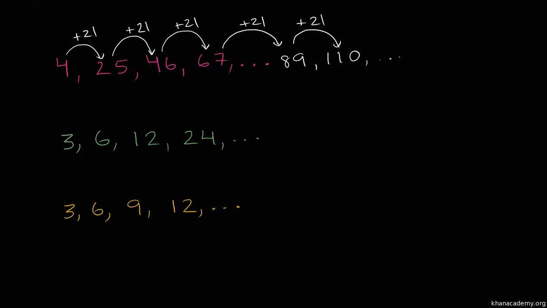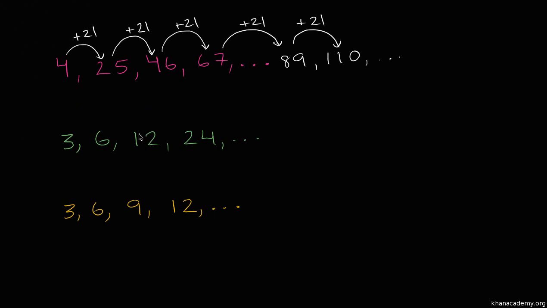Now what about over here in green? Well, when I look at it at first, it's tempting to say, okay, 3 plus 3 is 6. But then I'm not adding 3 anymore to get from 6 to 12. I'm adding 6. And then to get from 12 to 24, I'm not adding 6 anymore. I added 12. So every time I'm adding twice as much. But maybe an easier pattern might be,